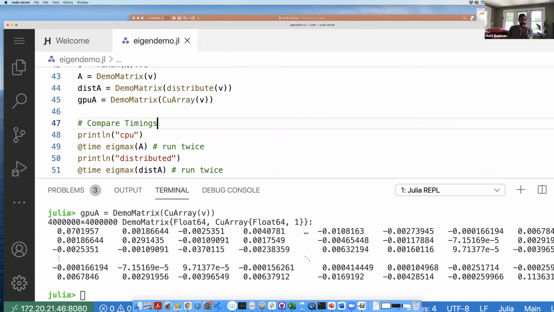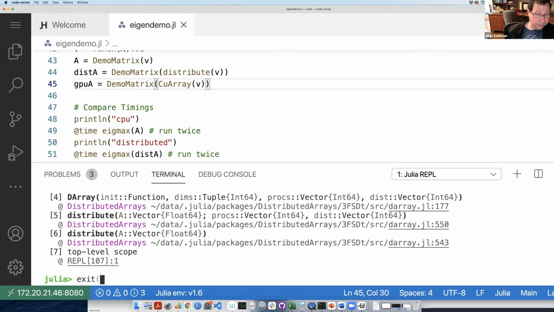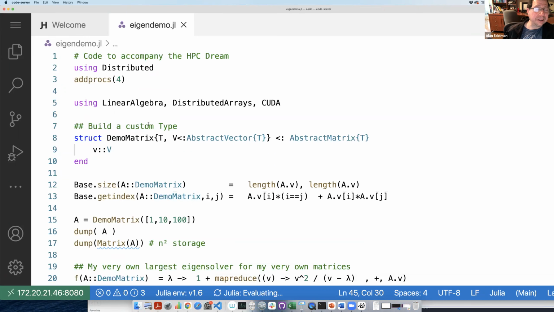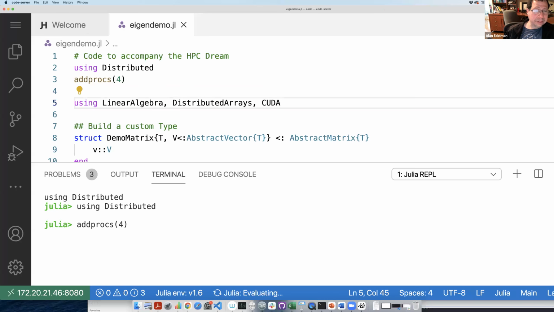So I think what happened is one of your distributed workers crashed in some way. You could try removing all your workers and adding them again, or I think I would just close that Julia session and restart it. Just close that REPL. Yeah, exactly. And start again if you want to do it again. All right. So if people don't mind, I'd love to see this working. All right. So here, let's get this started again. Okay. So using Distributed, get our 4 processors.